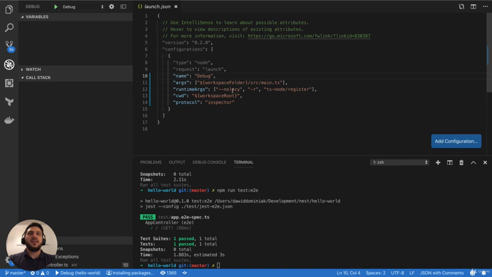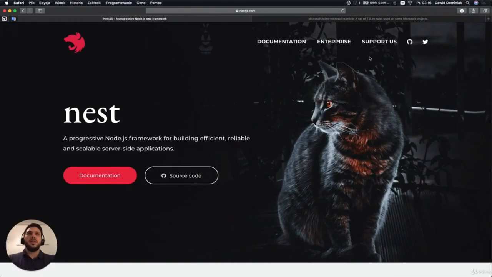We just need additional runtime arguments like no lazy, which means that no lazy loading will be included to our debug script, and we need to require an additional ts-node register file to ensure that the TypeScript files will be pre-compiled before debug. We are doing everything in the root directory, and we are using the newest Node protocol, and everything looks great. Let's try to